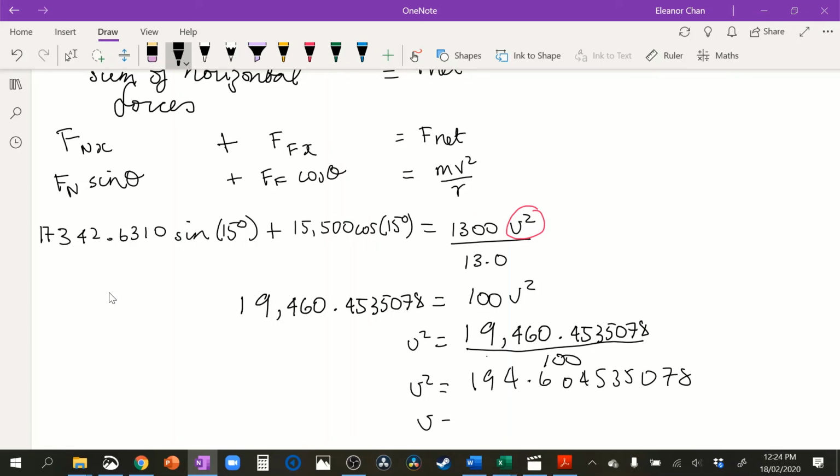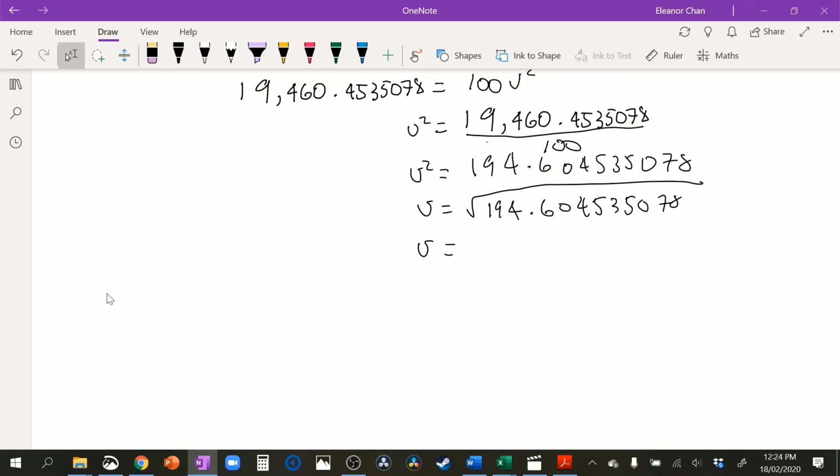Then you take the square root of this number. Our final velocity will be 13.95. There's quite a few decimals, but if we're doing it to 3 significant figures, it will round to 14.0 meters per second. And that's the maximum